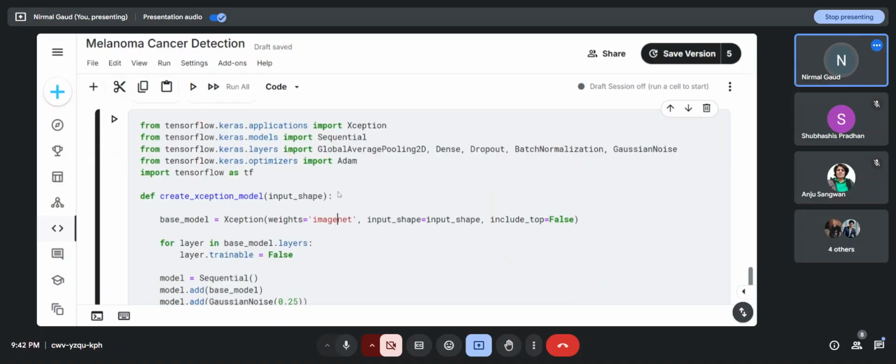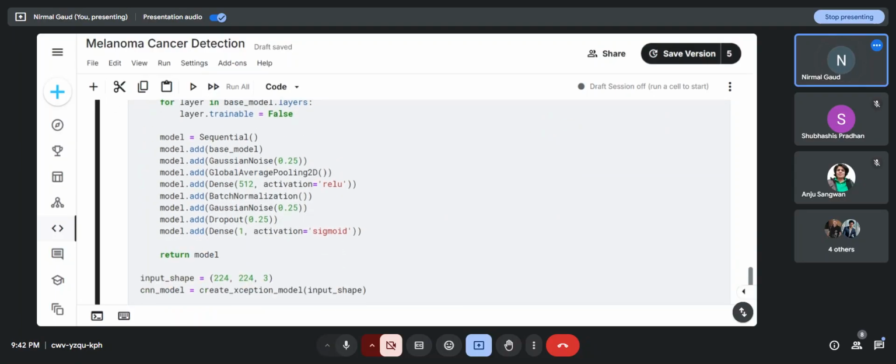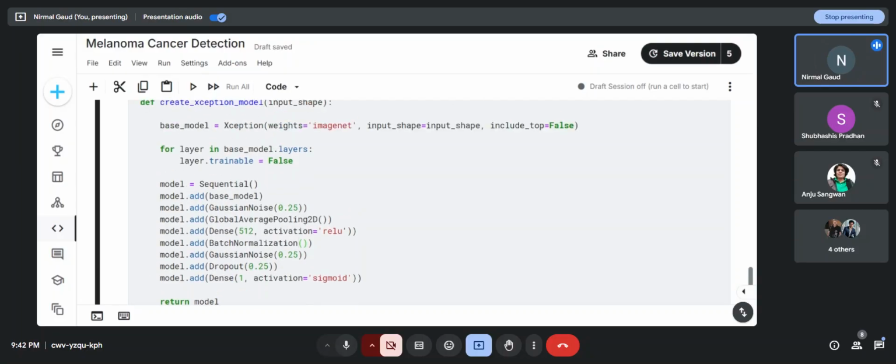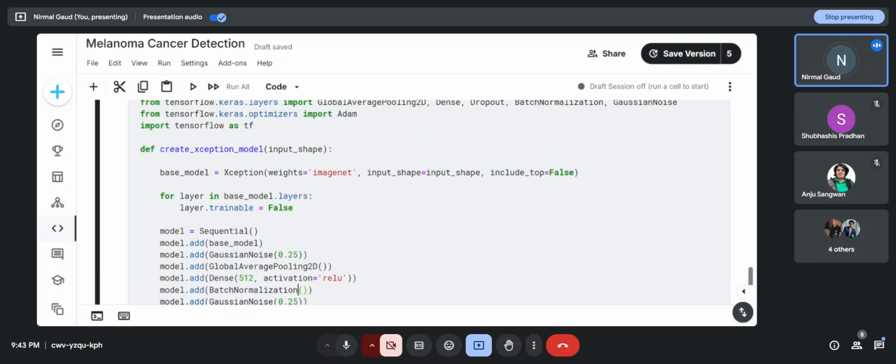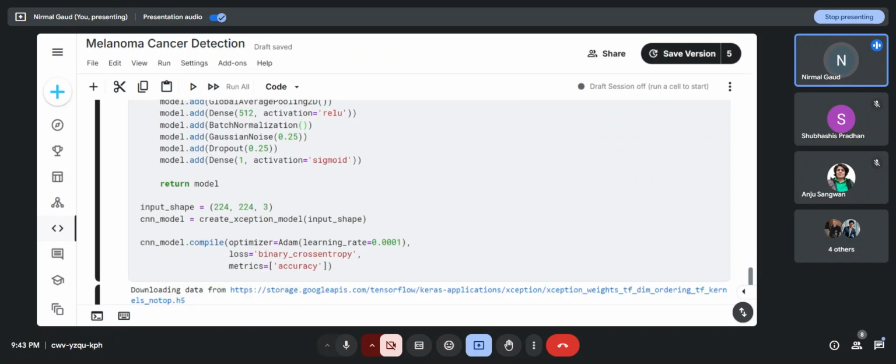That's one of the pre-trained models, and with Gaussian noise in combination with dropout and batch normalization, it helped a lot. In previous data also, this Xception architecture helped. Today I am going to show you the Xception architecture also. So it helped us, and